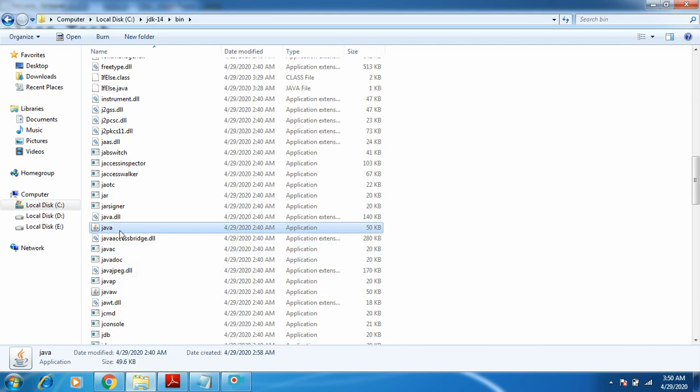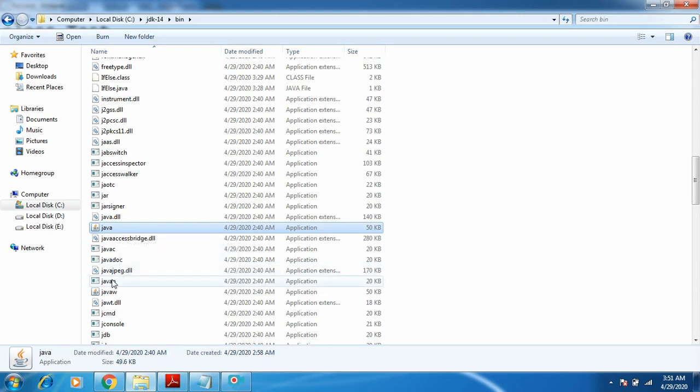Next we require java, which we call the interpreter, which will convert the bytecode instructions into machine code, and based on that you will be able to see the output of the program. So these are the main two tools required for execution of simple Java programs.